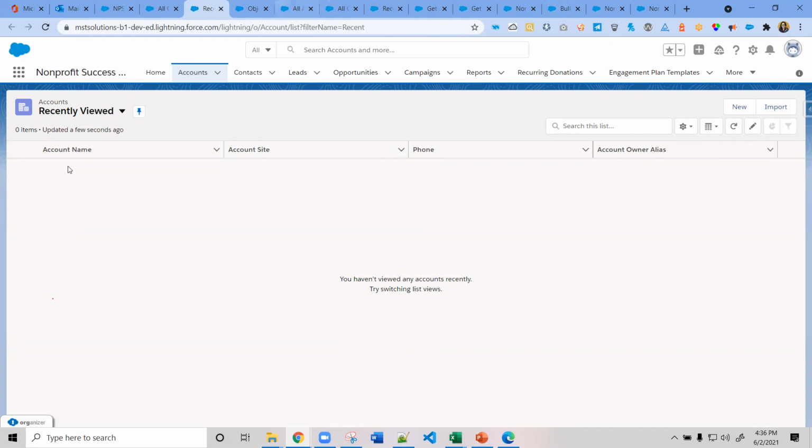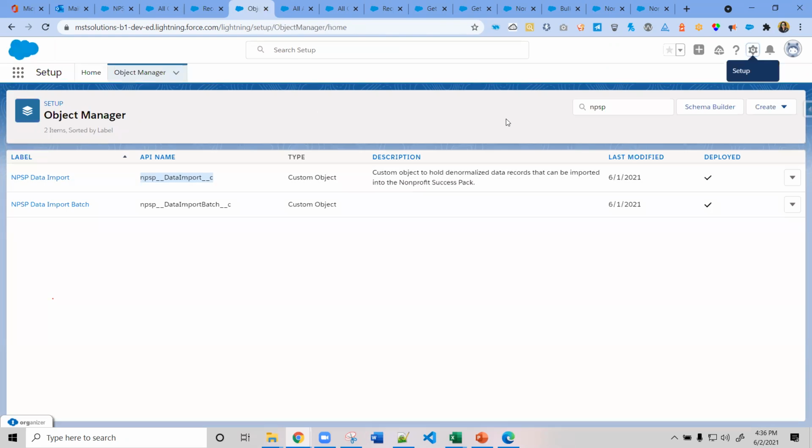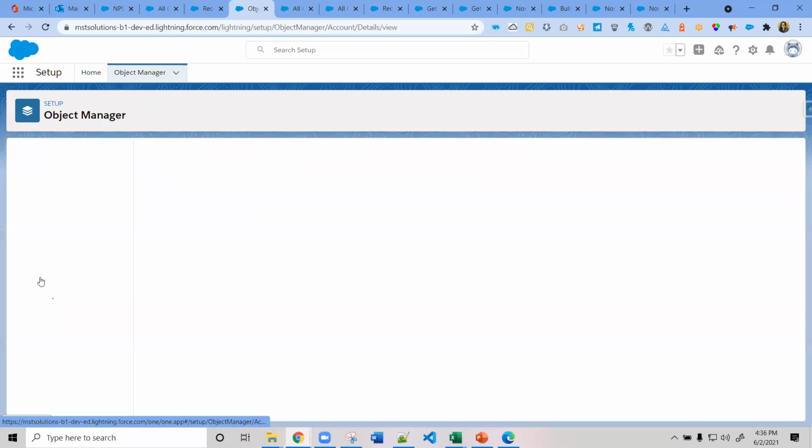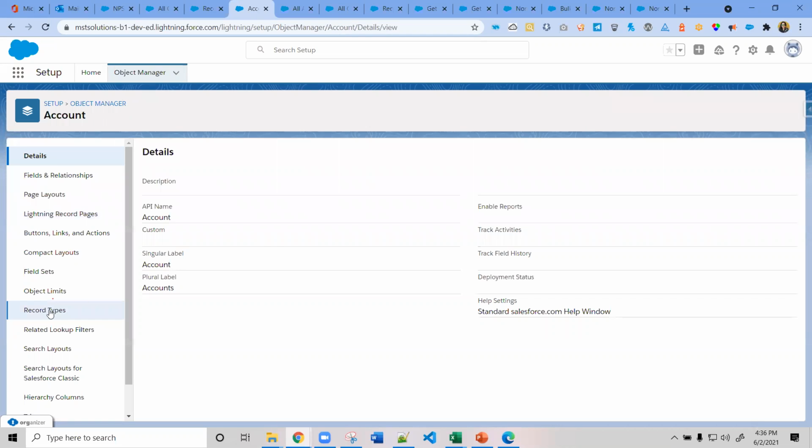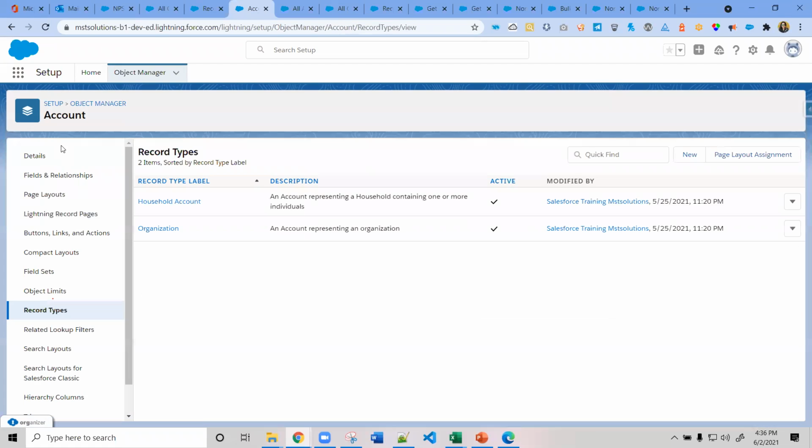It will create the organization and the household record type in the account object. So if you see here in the account object, whenever we have installed this package, it will create the household account. The household account record type is only for managing individuals, and the organization is for the business.